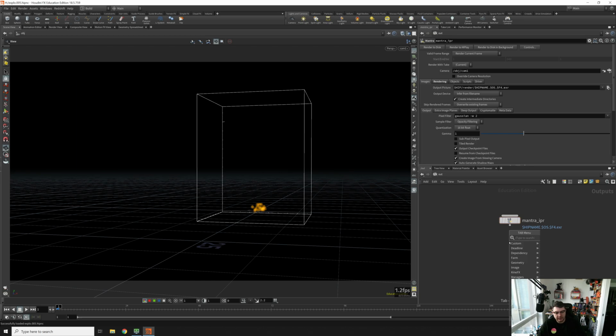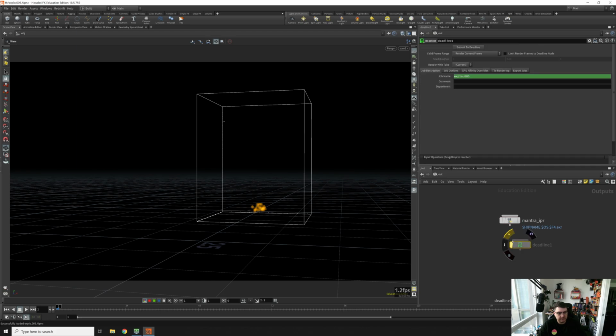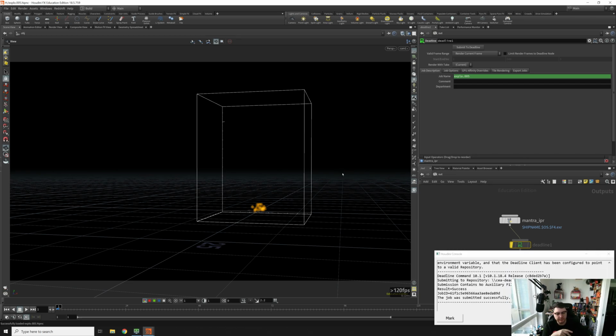So now that we have something to work with, I can put our deadline ROP and then put that mantra there. And so now you can also click this submit deadline, submit to deadline. To say it needs to be saved, you can click yes to save. And then if you see the screen that we seen on the other ones,